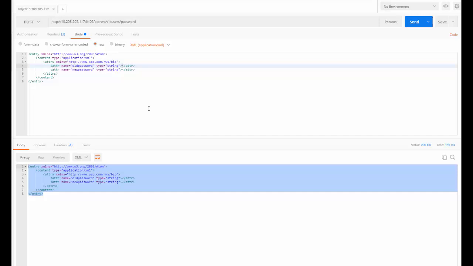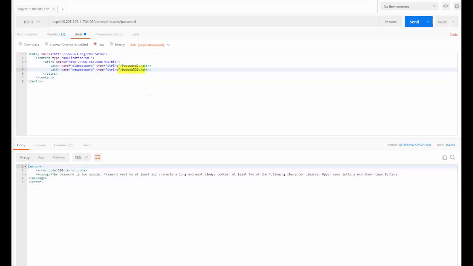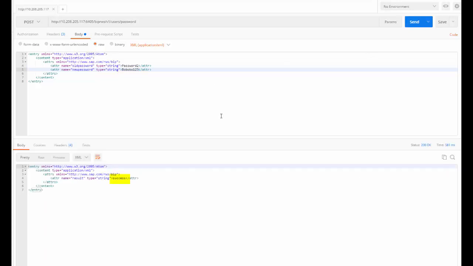Specify the current password and the new password that you want for the CMS. So let us change the case of a few characters and try sending the new password, and we receive a success message from the server.